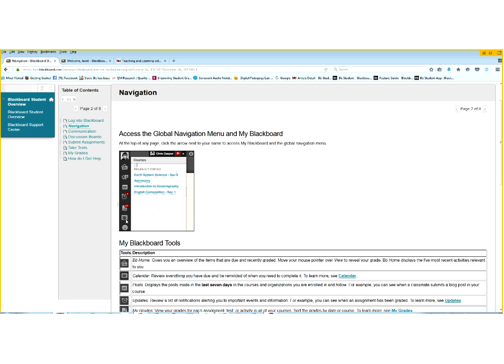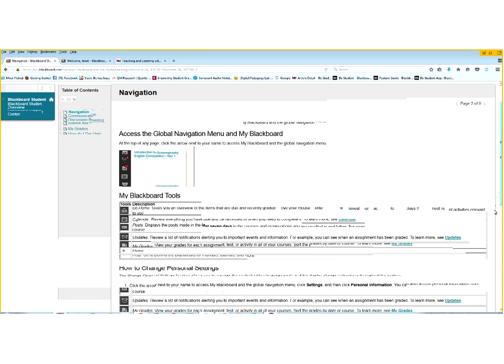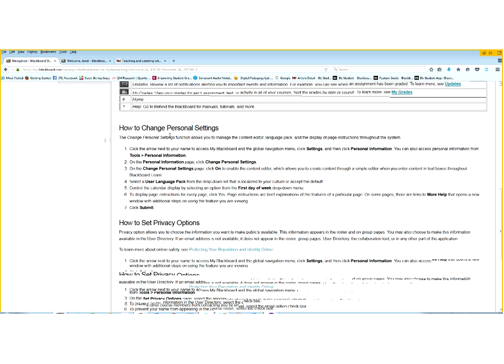And even down here on the little grid, looks like a calendar. That is actually a link to your calendar. So if your faculty are using due dates in the course, your due date should appear on the calendar as well. And then you can go into personal settings,